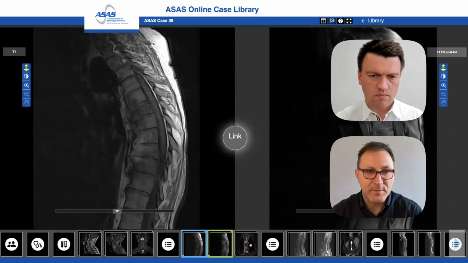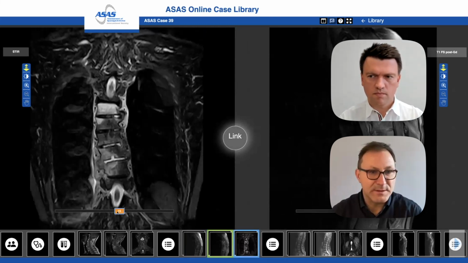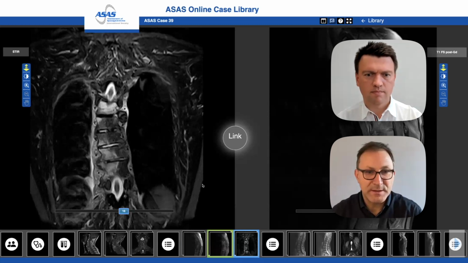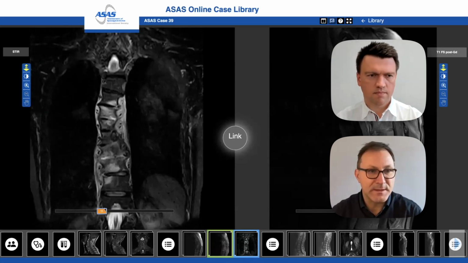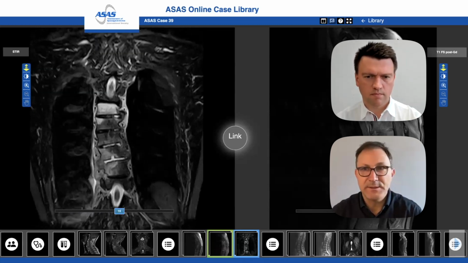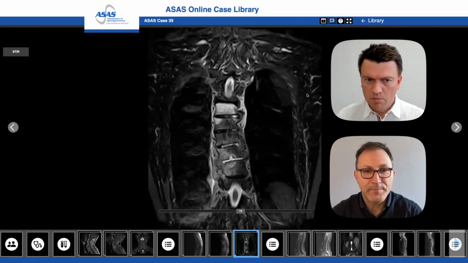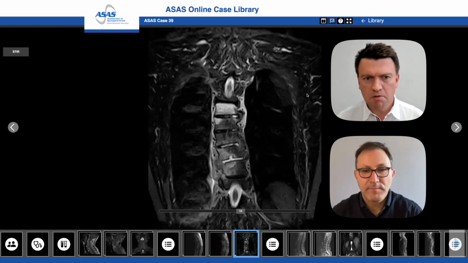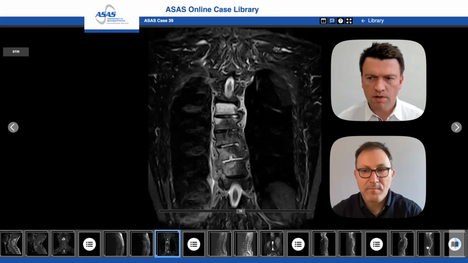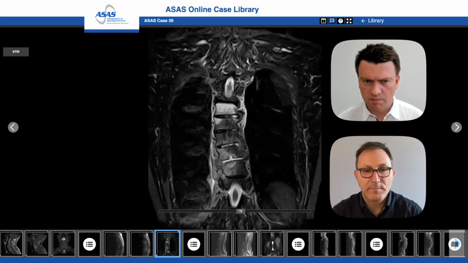And comparing it with the STIR, you see that STIR is also a fat suppressed technique, so the fat is rather dark, and we have this high signal intensity changes here. Okay, what happened next, Denis? Yeah, so with this massive bone marrow edema in the spine and no clear indicators of infection or of malignancy,